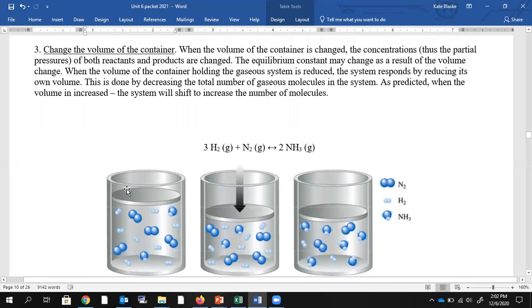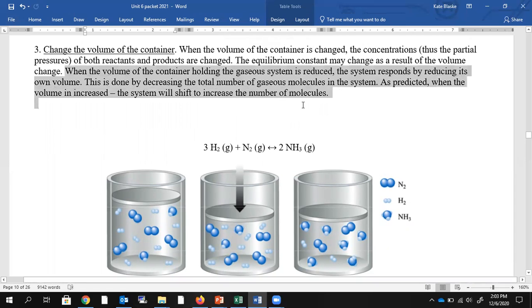Part of what can affect equilibrium is when I change the volume. It doesn't work exactly the same way as changing the concentration, because if I change the volume of the container, I'm changing that volume for both the reactants and the products. So this becomes more of a simplification kind of question. If I have a lot more space, I can have a lot more molecules around. If I have an itty bitty tiny space, maybe I need to conserve my space and combine molecules a little bit. So this one,